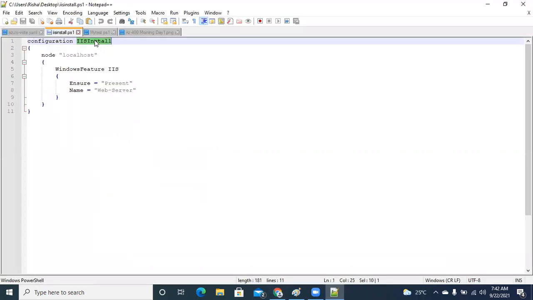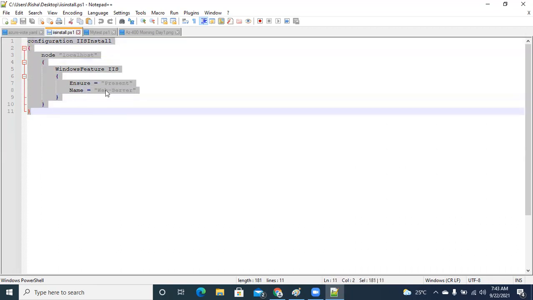So guys, I'm just using the configuration for the IIS installation. Now, the idea is to push this particular script inside the machine through the automation account. And this you can not only do for one machine, but you can do for hundreds and thousands of machines which are connected with the automation account in one go. Currently, I'm just using one machine which is connected to the automation account.